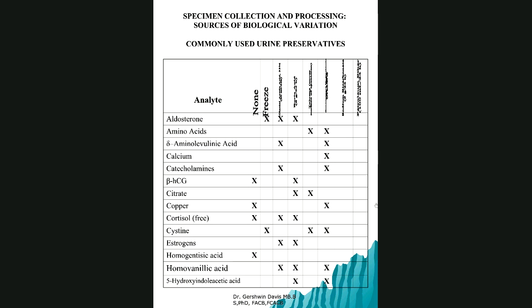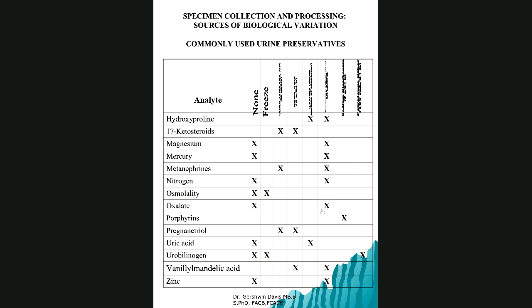And then you can give them the instruction. You don't need to remember all of these corrosive substances that are present in the container. You simply have to go to a reference text. If the physician orders citrate, what do I need to include? And it tells you. And sometimes no preservative at all. Reference books and textbooks will actually tell you that as well. So none, and a lot of it is HCl, and you have toluene, etc. So the point about the 24-hour urine collection is that it sometimes needs to have a preservative in there depending on what analyte you're collecting or testing for. That's the take-home message. And you can check reference textbooks for it.